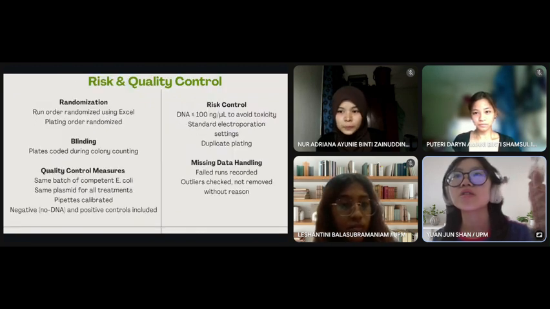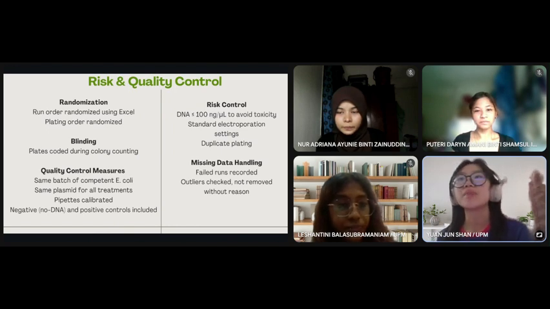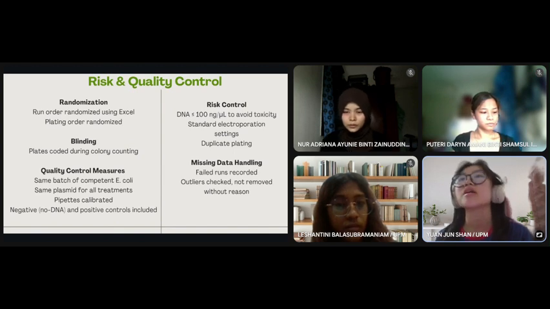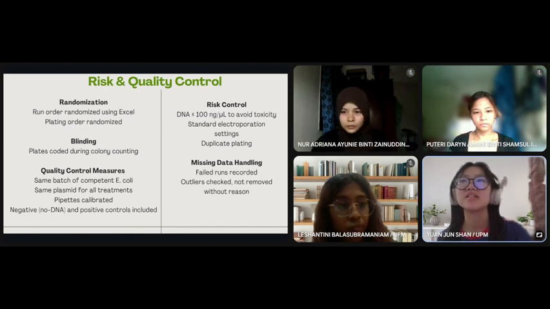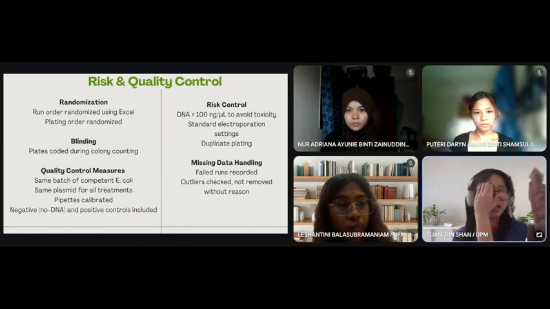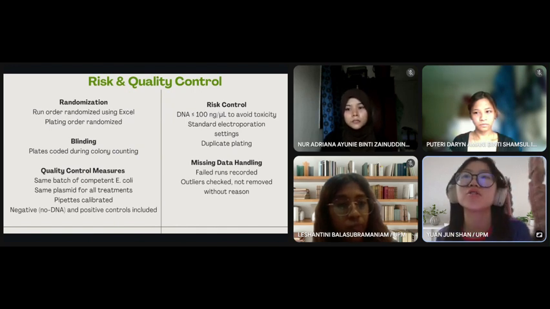Okay. So moving on to the quality control, we have used randomization to run in randomized order by using Excel, and the plating order is also randomized. And we also use blinding, where the plates are coded during the colony counting. And then for the quality control measures,